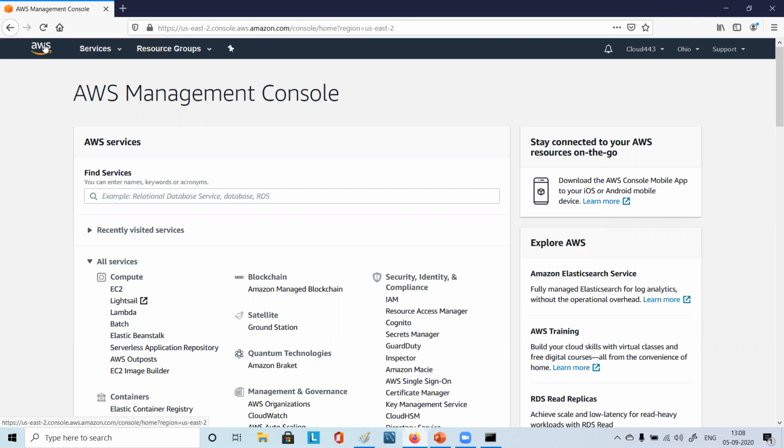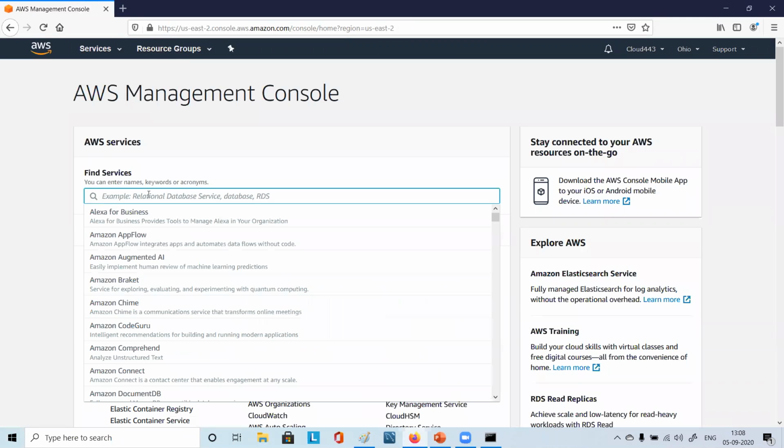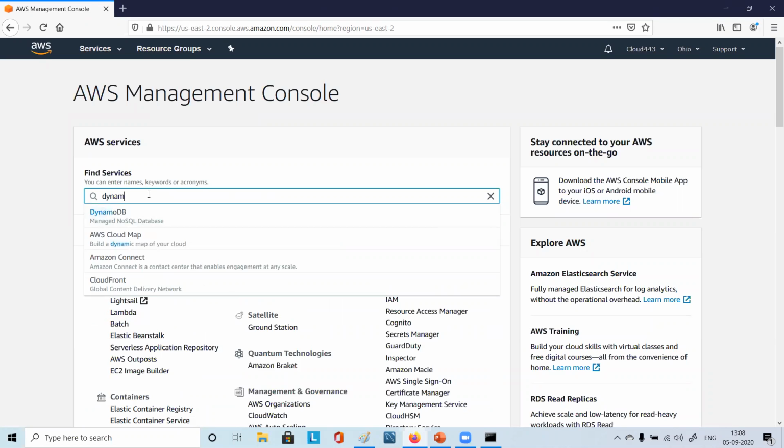This is not part of RDS. In RDS, we didn't see DynamoDB, right? So this is not managed by RDS. This is a separate service. So go to that AWS console. There you look for Dynamo.